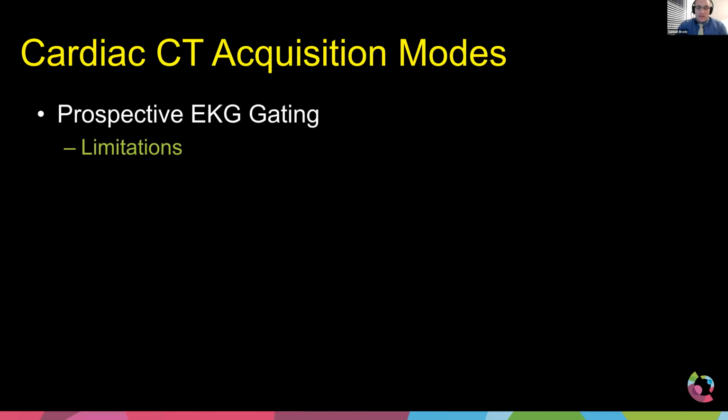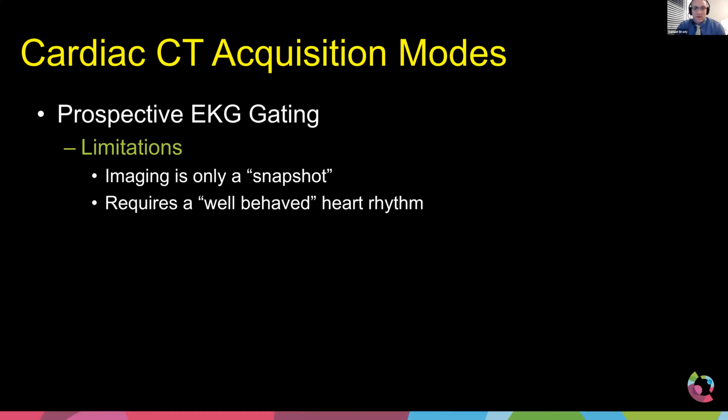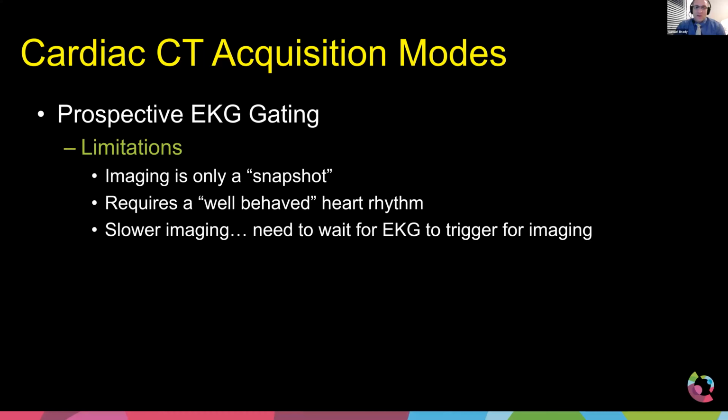So what are some of the limitations of prospective gating? Well, obviously, we're only collecting the data, we're taking a picture of the heart at one location on the heartbeat or the systolic to diastolic spectrum. And this kind of expects the heart rate to be consistent, obviously no arrhythmias, and we really do need slower hearts. And so if it's not well behaved, then the system is going to take a lot longer to acquire